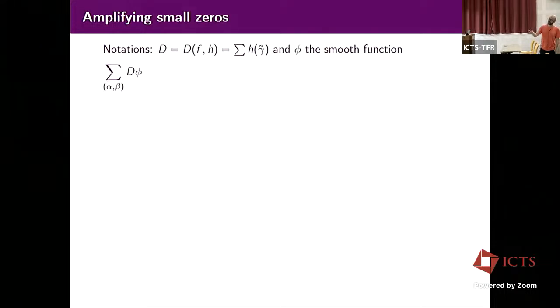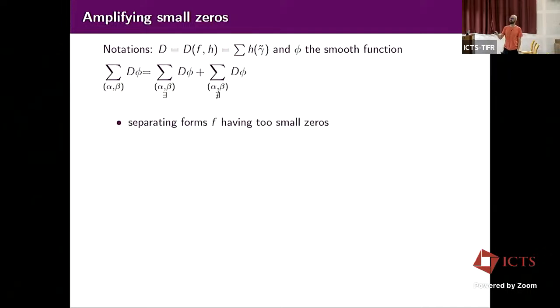And what I write as sum over alpha beta just means sum over the F such that the quantity we want is between alpha and beta. Log of L at 1/2 minus the mean divided by the square-rooted variance is between alpha and beta. And what we want to count using that is the number of small zeros. So let's cut this sum in two. Those having small zeros, so that the error term is bad, and those not having small zeros.